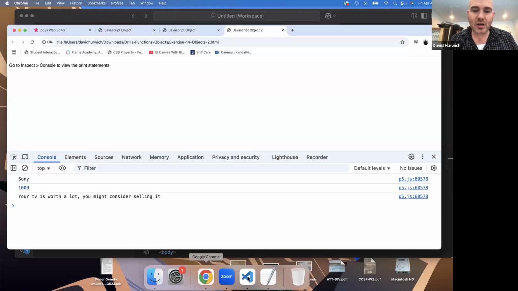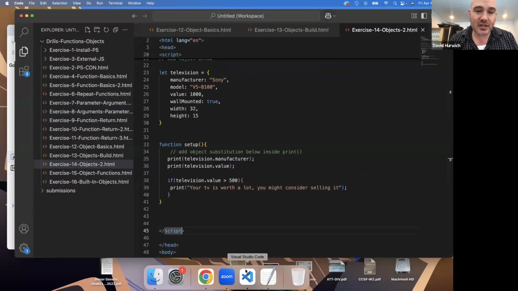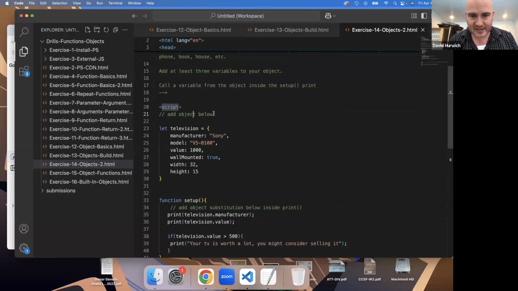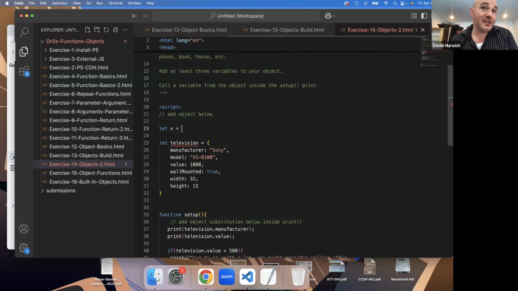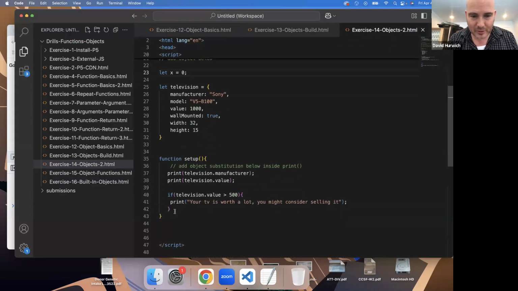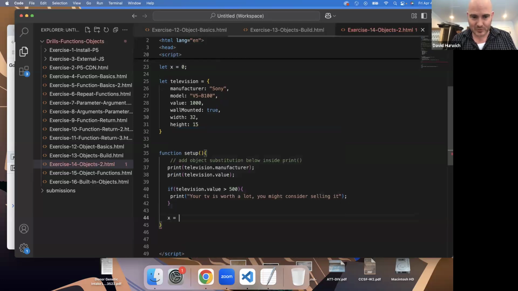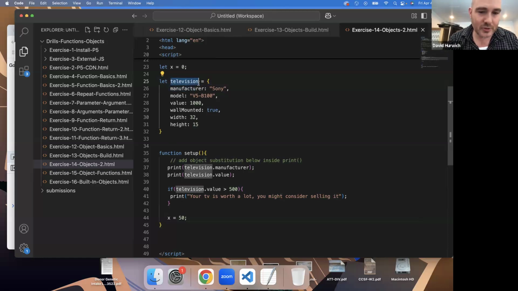okay. Now, the thing about objects, just like if I had a variable called x at the beginning of my program, x is equal to 0. And then later on in my program, x is equal to 50. We've done programs where we change the value of a variable, right? Well, this is still a variable, and we can change values of it. So how would I do that? Let's just say for the sake of argument that